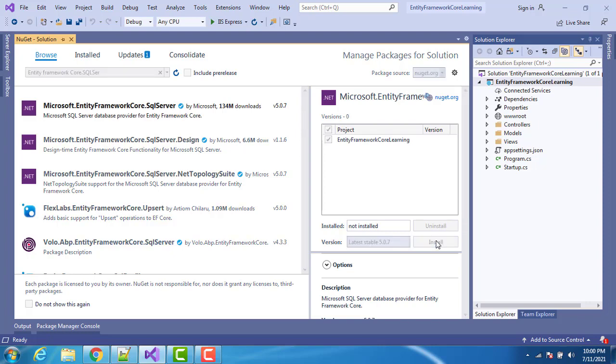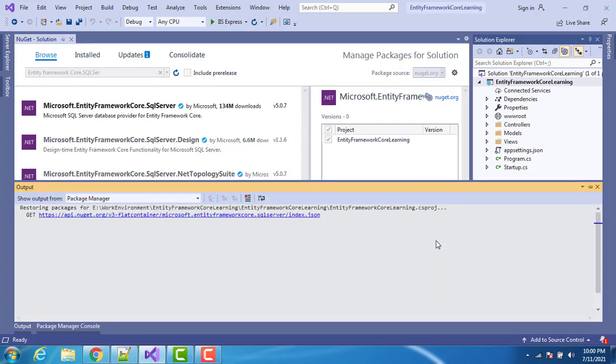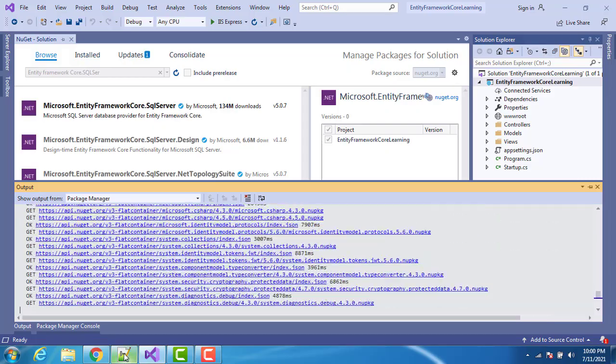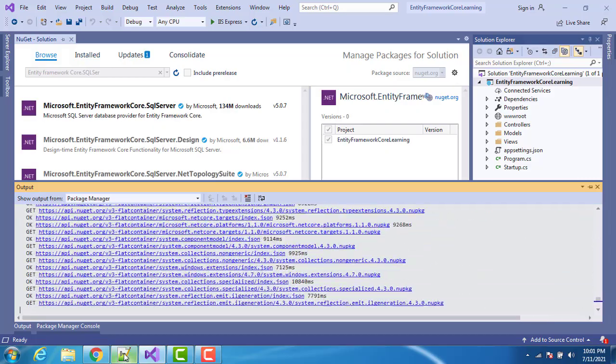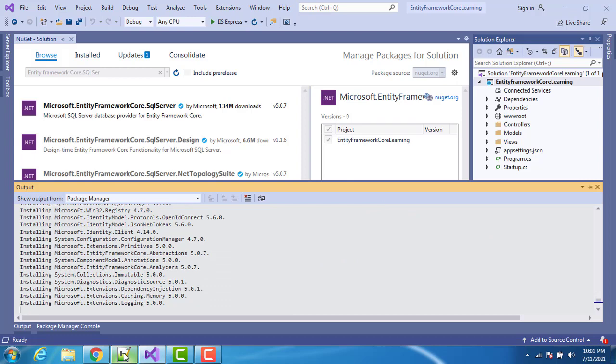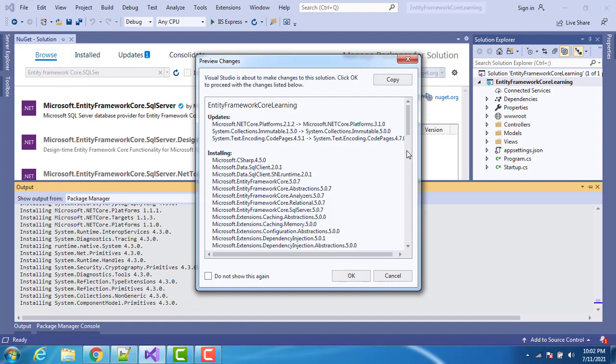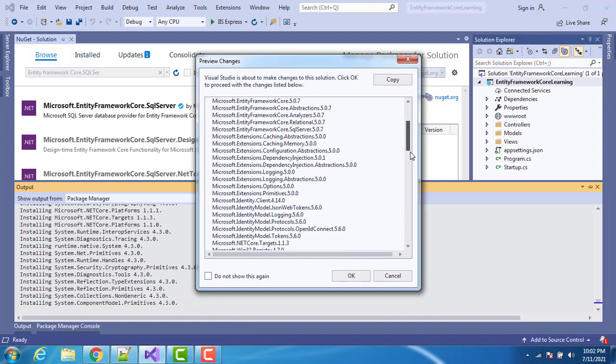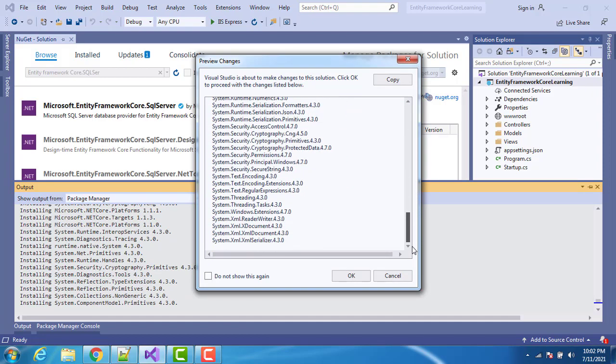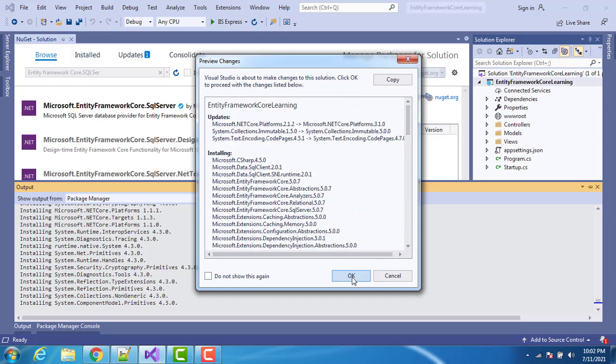So let's install. Here it specifies all the dependencies which it is going to install. I'm clicking OK and moving ahead.